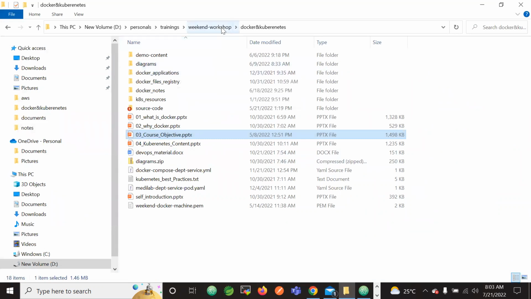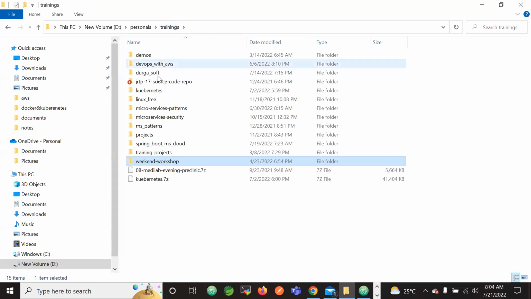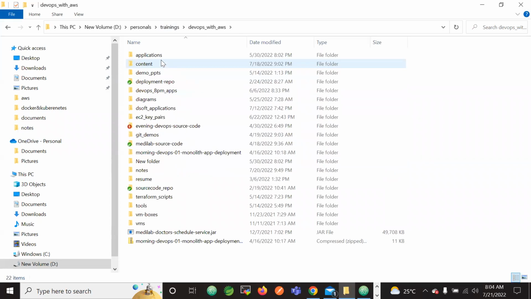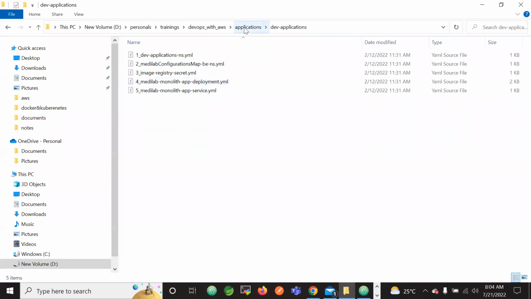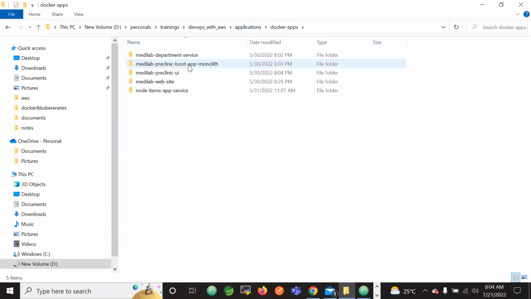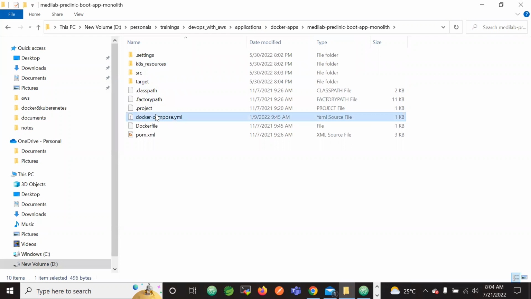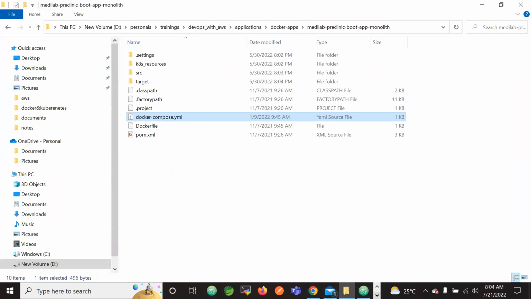For example, let me showcase one Docker compose file which we have written. Docker apps, middle app, pre-clinic app, Docker compose file. Yes. So in this Docker compose file, we will build the Docker compose file specific to one for QA, one for dev environment. So once we got the Docker image here,